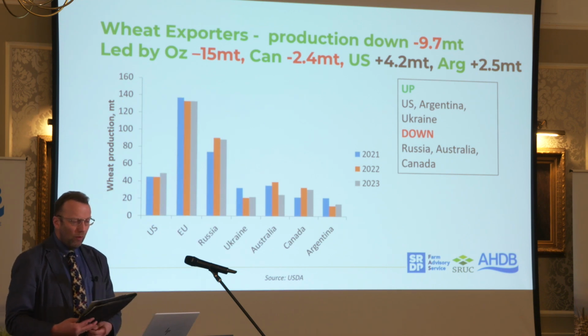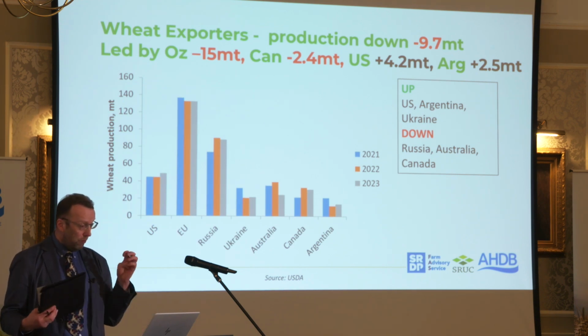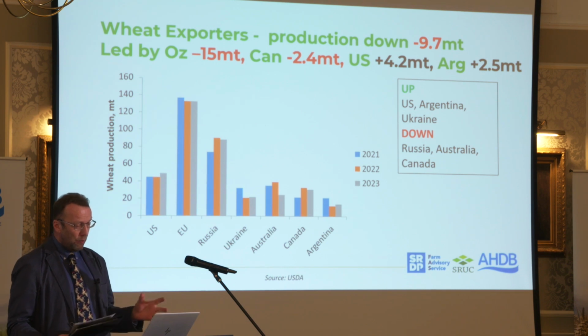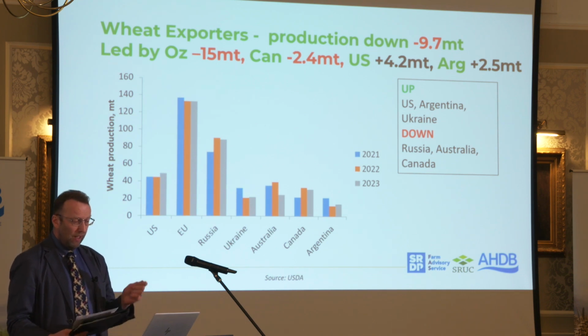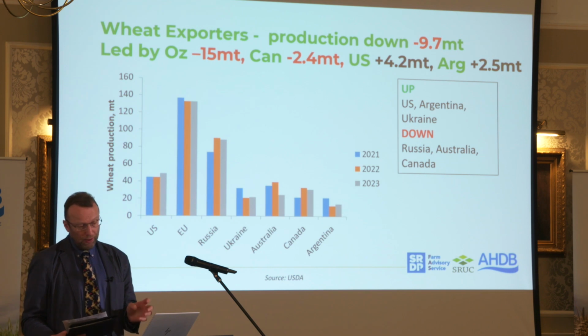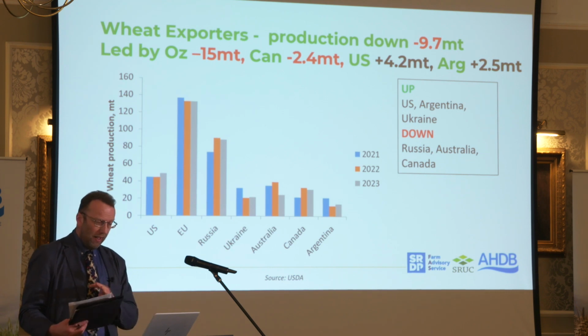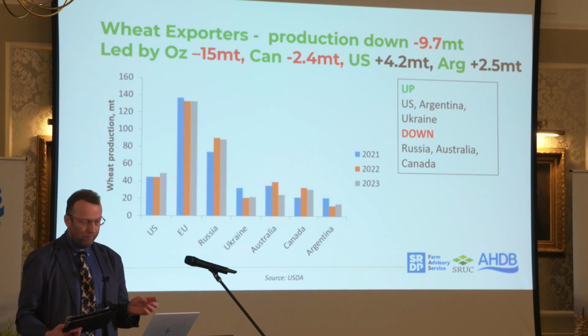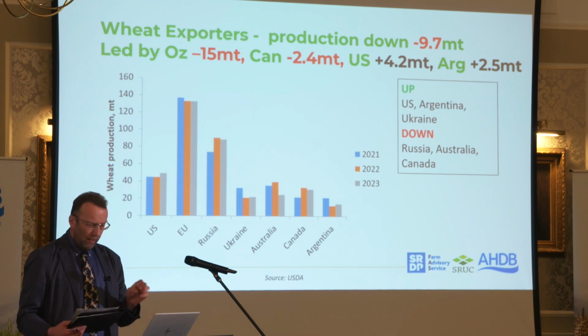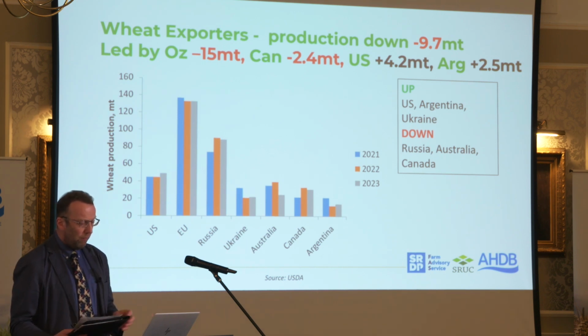What about wheat? Well, actually, production is down in the big exporters and for the crop itself. So 10 million tonnes less in those big exporters. Australia had much drier conditions. Canada's not had such a good harvest. Some increases elsewhere, but overall,